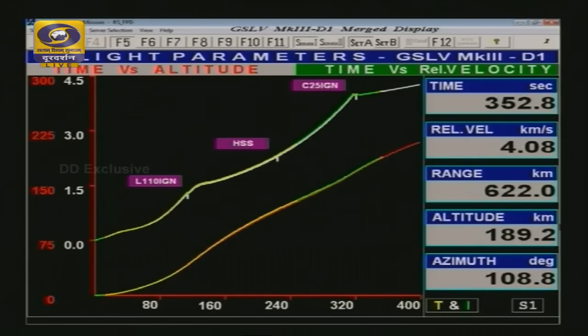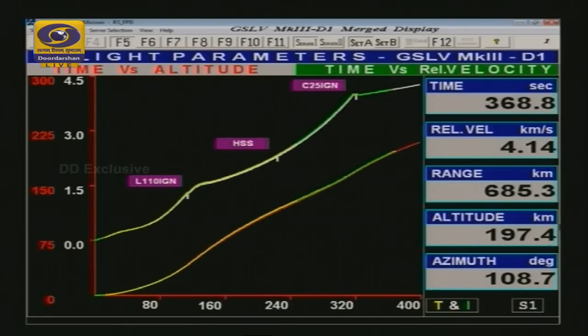So we are at 350 kilometers, range of almost 633. Cryogenic stage performance normal. Plus 6 minutes. This is a very important announcement of successful ignition of the cryogenic engine for the first time in the flight, and the performance being indicated as absolutely nominal for this mission. As you are aware, in the GSLV